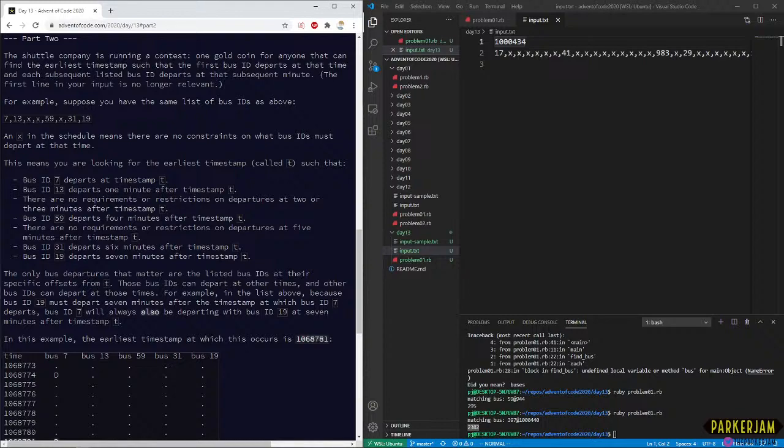First line of your input is no longer relevant. Oh, okay, well, just ignore the first line. For example, suppose you have the same list of bus IDs as above: 7, 13, x, x, 59, x, 31, 19. An x in the schedule means there are no constraints on what bus ID must depart at that time. Okay.